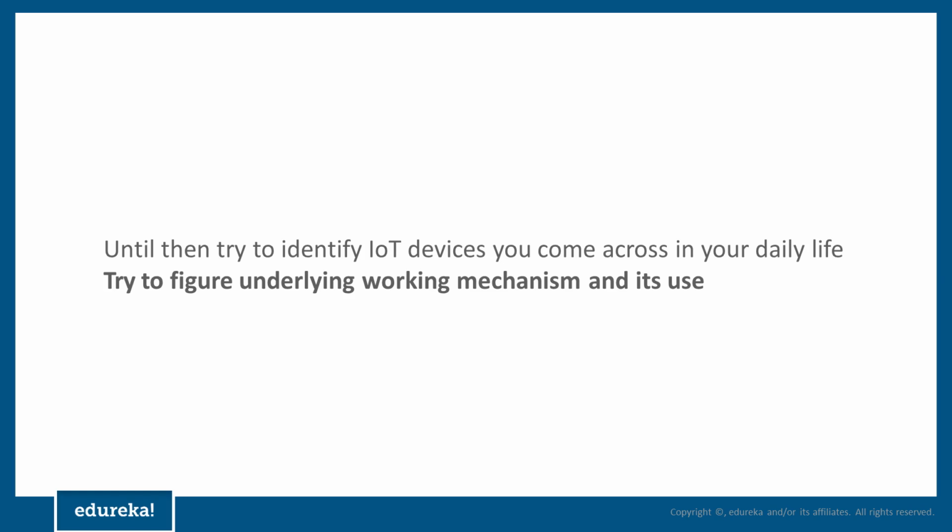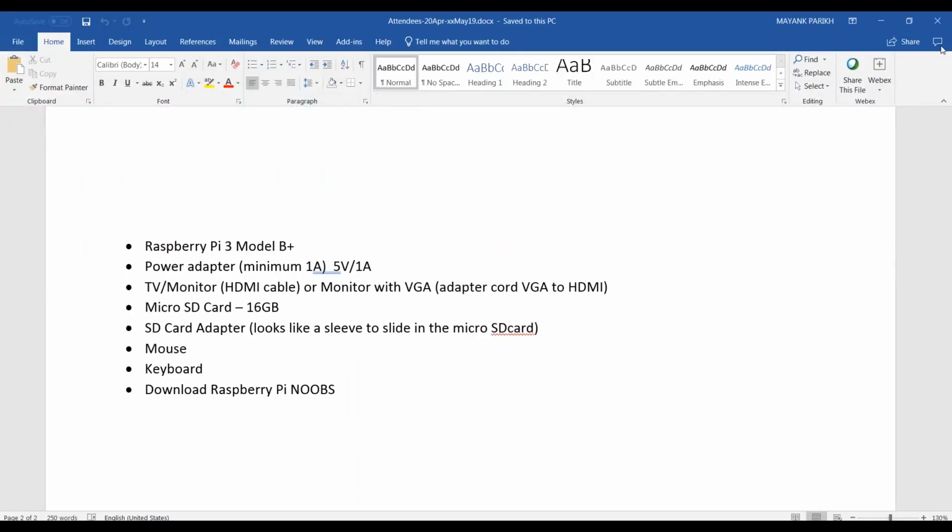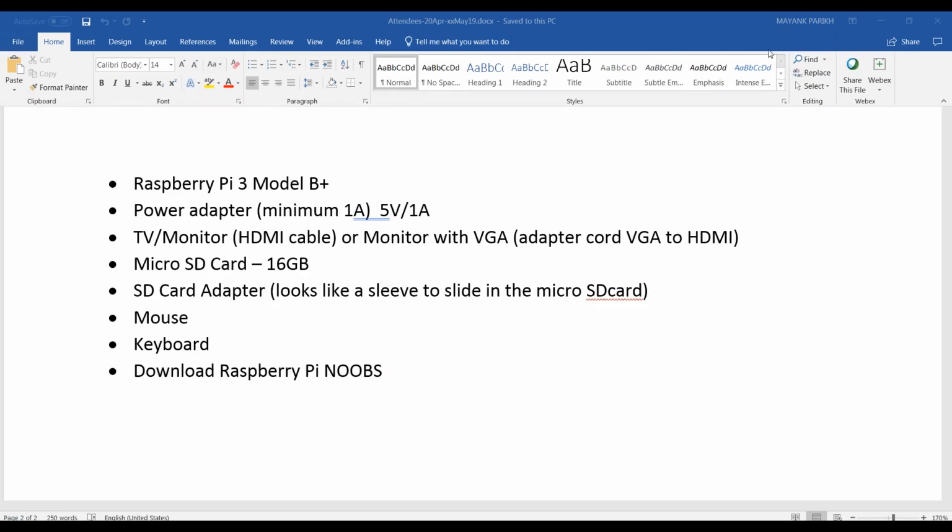This is to set up a Raspberry Pi. What are the things you will need? I believe you can see my desktop. I'll make it a little bigger. So, first of all, you will need a Raspberry Pi 3 Model B Plus. You need a power adapter. It does not come with a Raspberry Pi, though there are some vendors who sell a kit like thing. So a power adapter, which is micro USB,